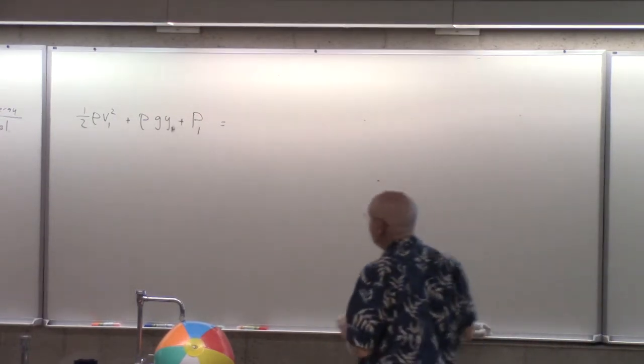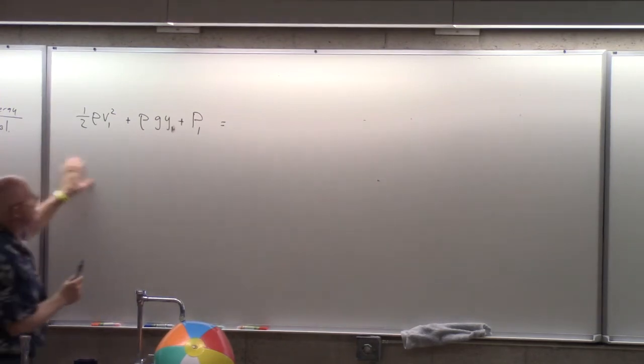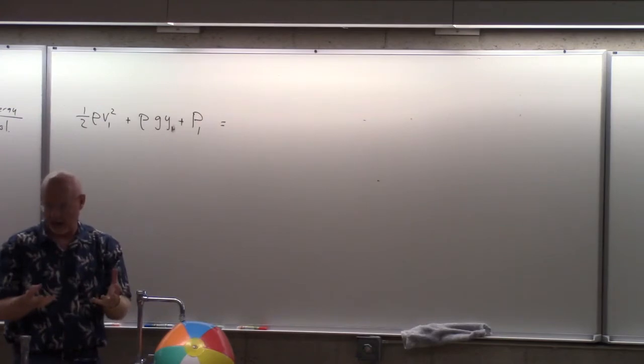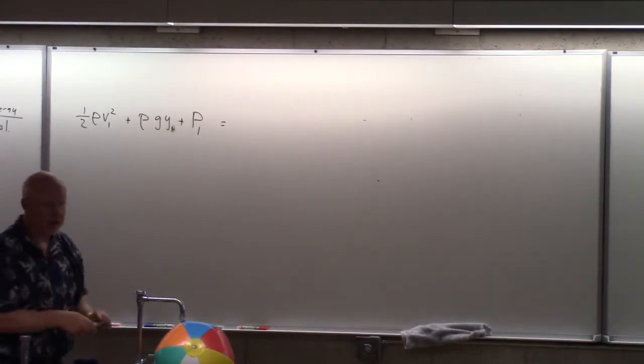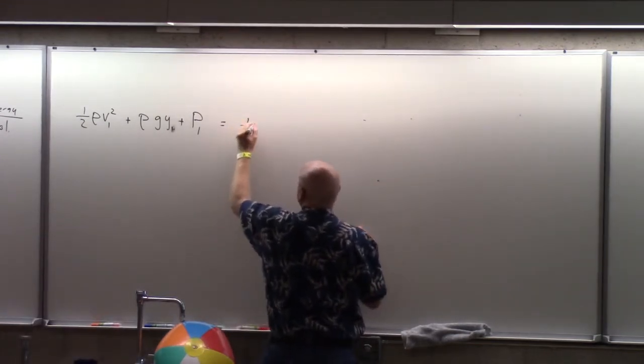But these are now three terms. And so back here where it starts, let me label this 1. The fluid is starting at 1, and it has a kinetic energy and a gravitational potential energy and what we'll call a pressure energy. Or maybe I'll just call it an elastic energy. And then as it stretches out, it becomes,